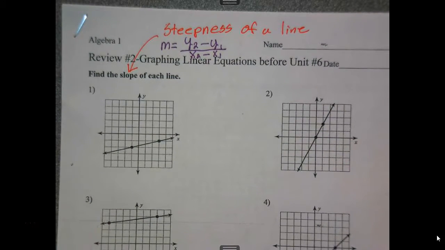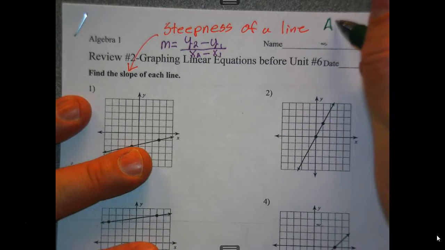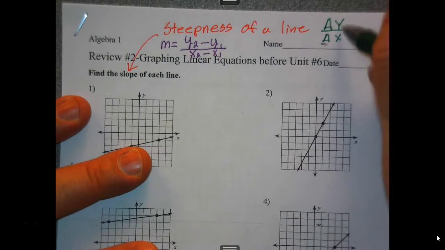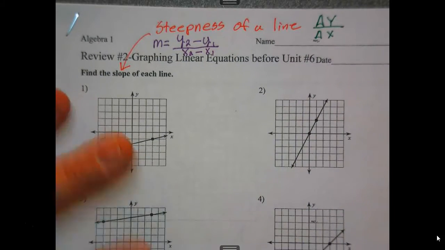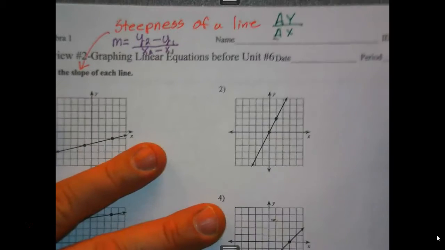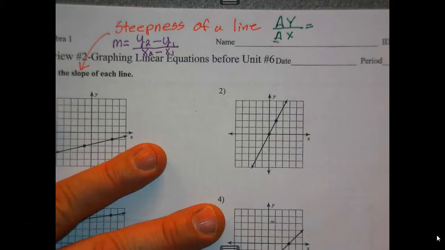Us mathematicians like to define this or say it's the change of Y, delta Y, over delta X. Okay, the change of Y over the change of X. The delta symbol is just a Greek symbol. What that really means is, now slope is always a fraction, you're going to go